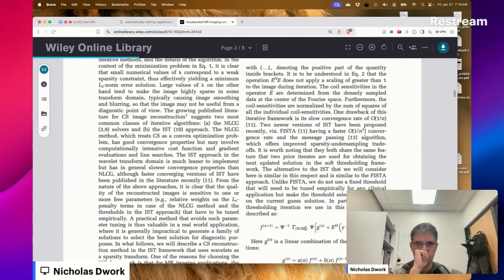Sure. The coil sensitivities are normalized by the sum of squares of all the individual coil sensitivities.